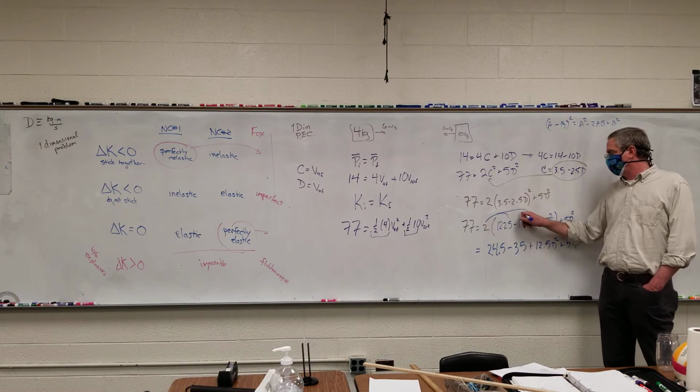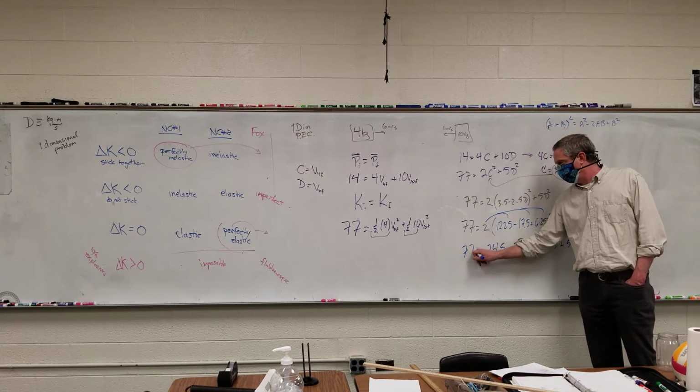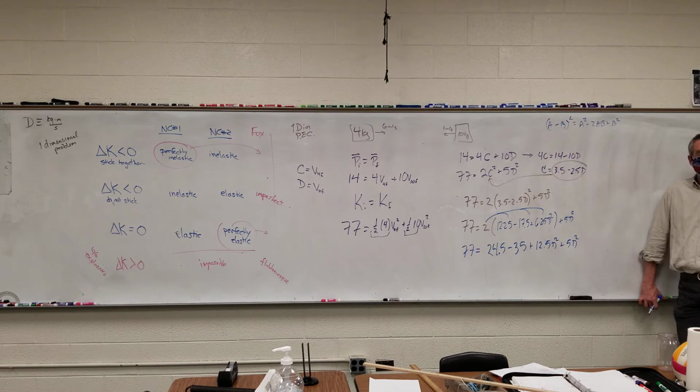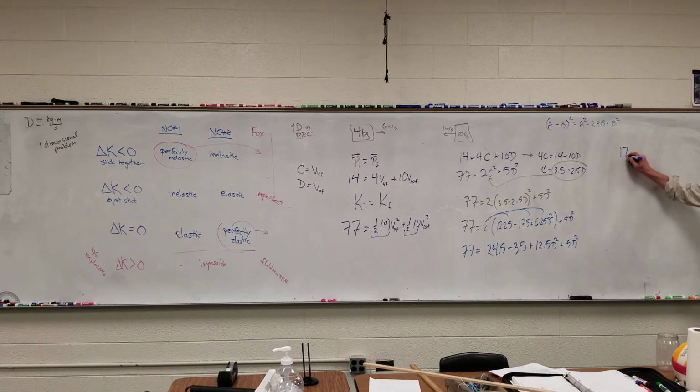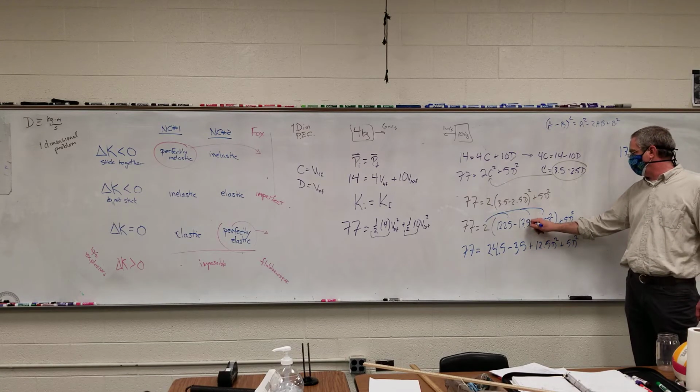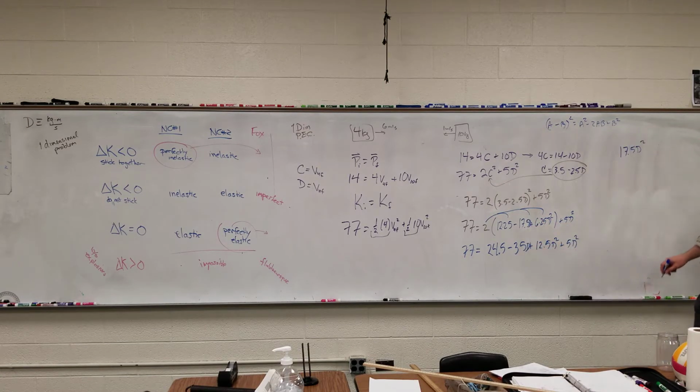This should read into 2. And I have a quadratic. So let's get everything over to the right side. So that's 17.5D squared. Oop, that should be a D in there, I lost my D. Minus 35D